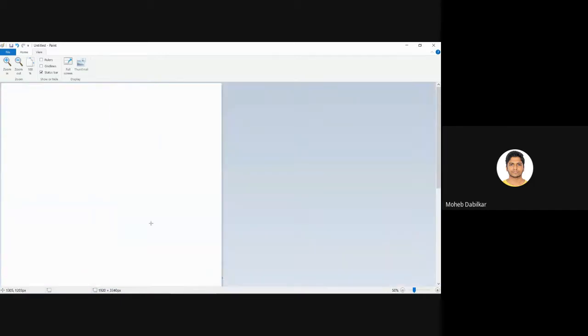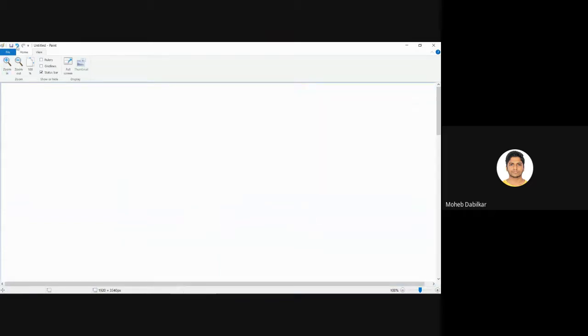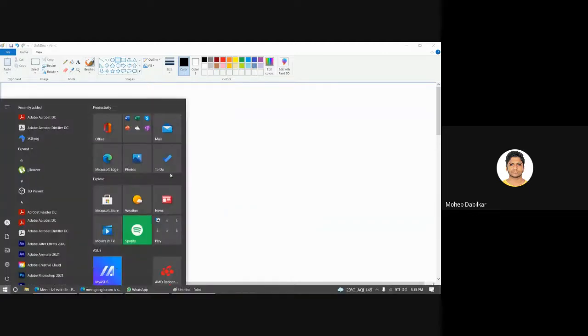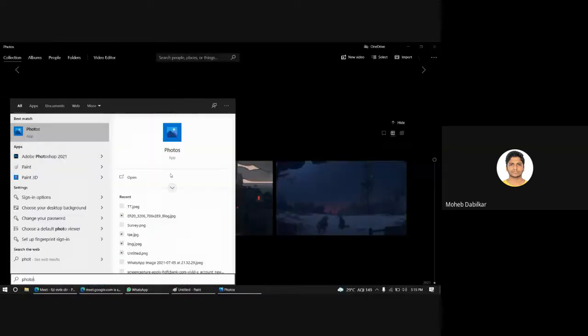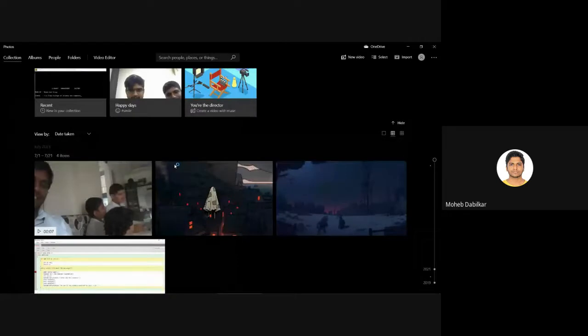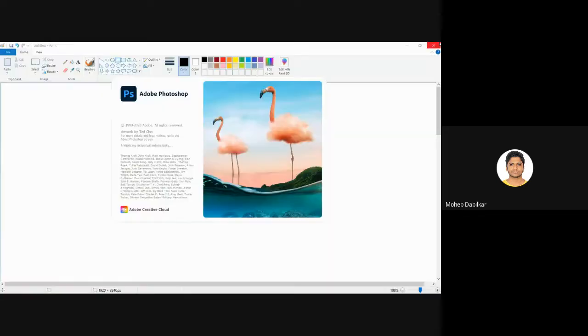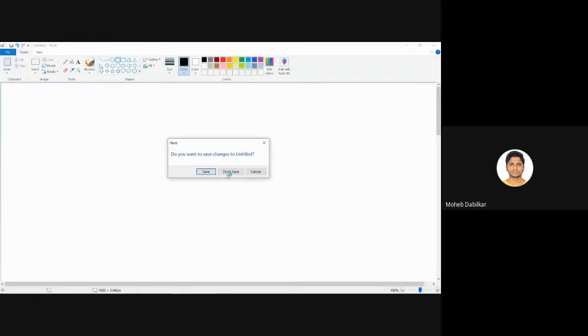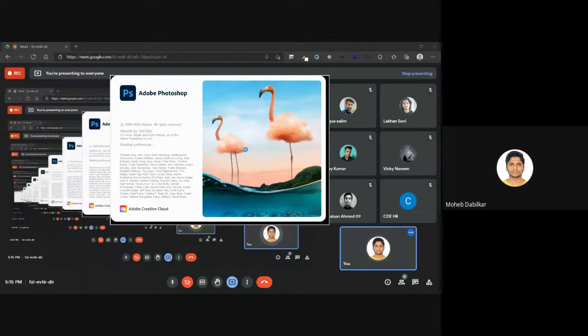So let's just keep it that way only and zoom in a bit more. Now I would love to, but it does not allow you to zoom in somewhere like this. I have Photoshop, I guess. Yeah, I do have Photoshop. Chalo. We'll work with Photoshop.